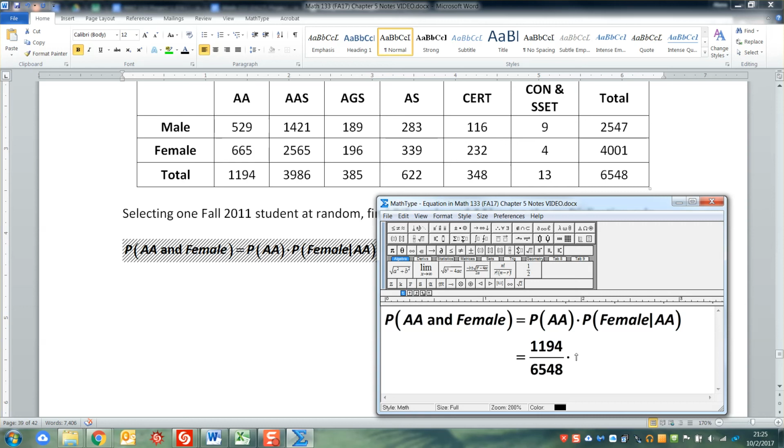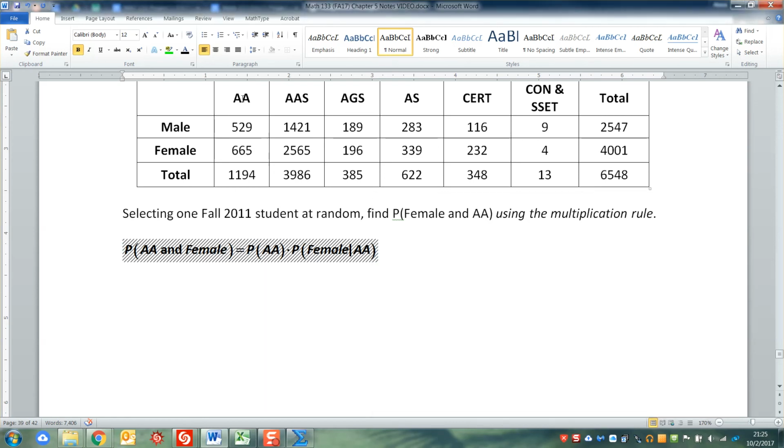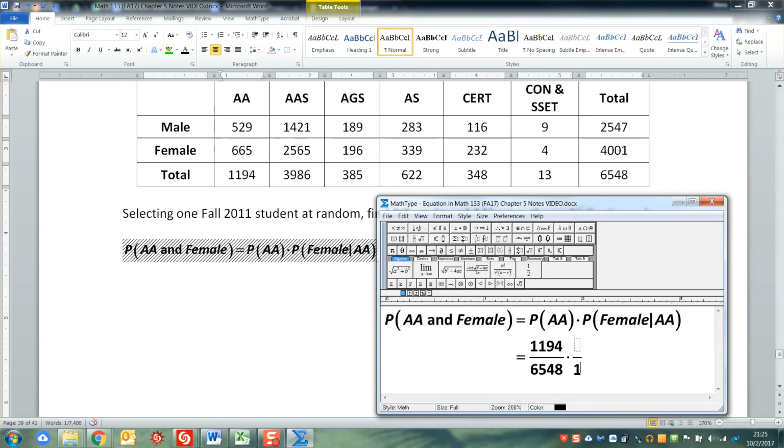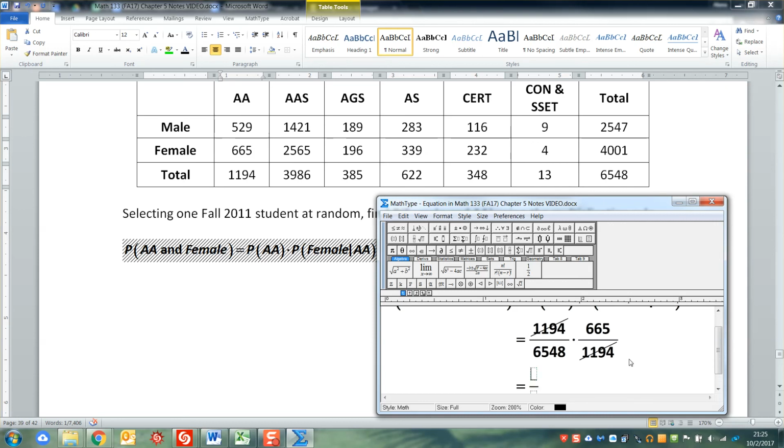Now I'm going to multiply that by, now I need the probability of female given that they're AA. Okay, well, I did this on the previous page, but I'm just going to remind you, given that they're AA means you're only looking at this column. So that 1194 down there becomes your denominator. So it's going to be 1194 down there, and then female is 665. Now notice what's going to happen here. These 1194s are going to end up canceling, right? They divide away to 1, if you will, and you end up with 665 over 6548,